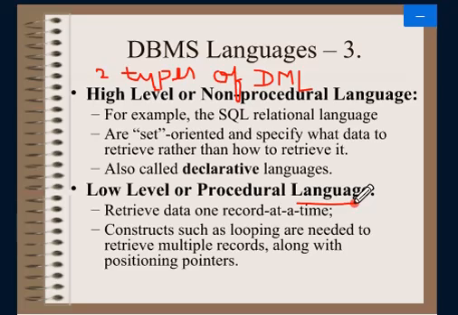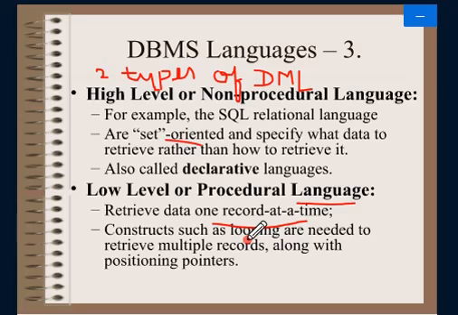Say for example, you have a table with 10 rows. This procedural language will process one row at a time. Each row we call a record. That's why the procedural level is called row at a time, whereas this other one we call set oriented, or set at a time. That means the entire set of rows is processed at a time. Here it is record by record, one record at a time, so to fetch one record at a time we have to use looping concepts.